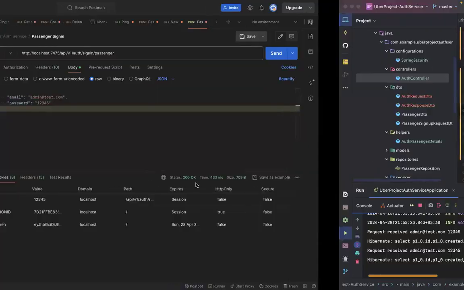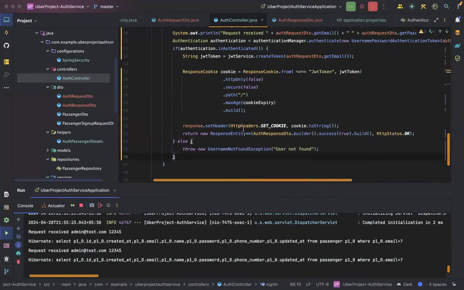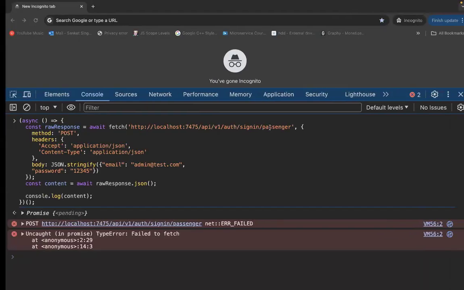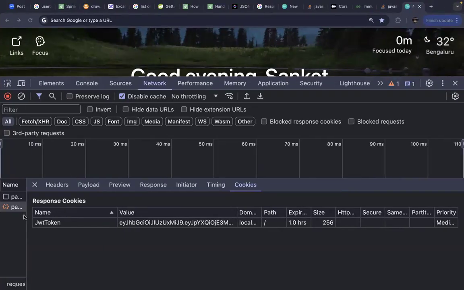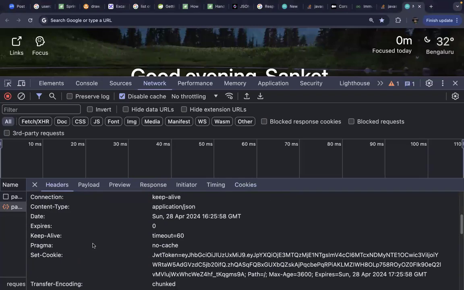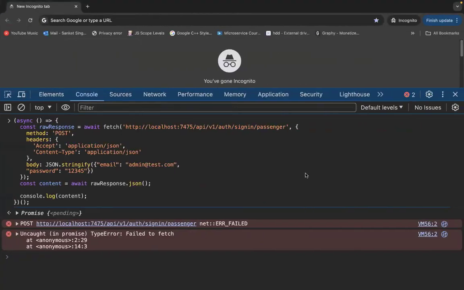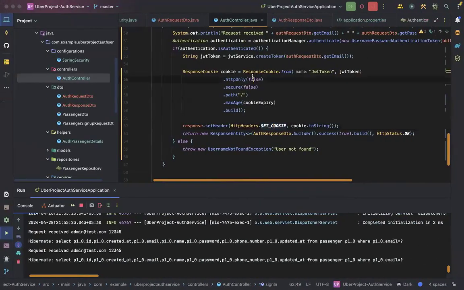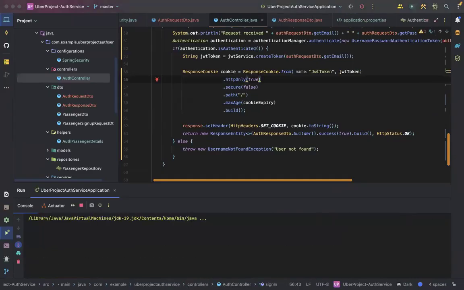Let's see, one second. Let's see how do we fetch it. We set HTTP headers to set cookie. One second. Let's see the headers that are coming up. Headers and cookie. Can you see inside this cookie, we have this JWT token property coming up? Okay. The moment I make the HTTP only cookie to true, okay, and resend,